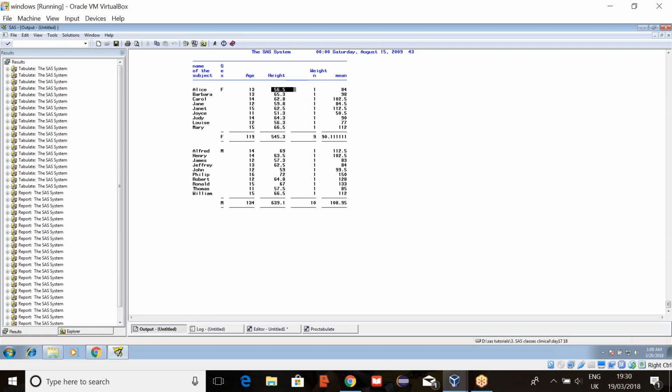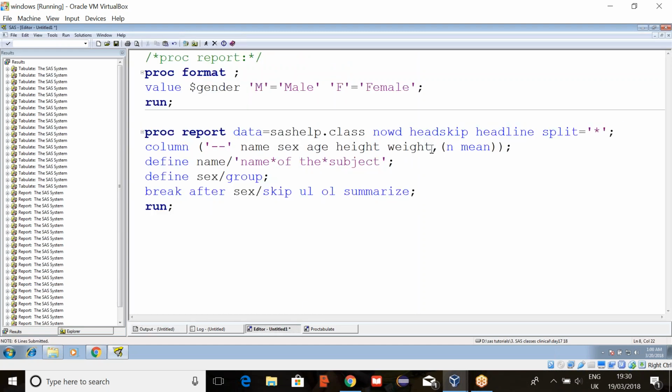Suppose for height you want to generate these two statistics. For a single variable, if you want to generate any statistics, it will give you the frequency as only one, and also the average will be the same. So if you are generating horizontally we have to write it here.